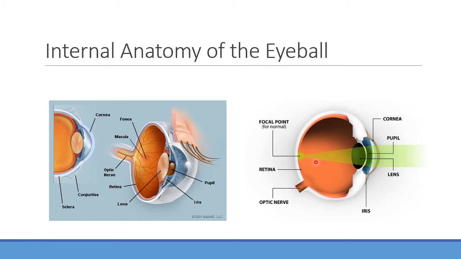And again, this is kind of normal vision here. So we're going to see how that all works. We're going to look at the rods and cones. We're going to look at the lens and how we can change that. What do you call it when you're changing the size and shape of the lens to help with the vision? Accommodation. Yeah, we're going to talk about accommodation, pupillary constriction, all the good stuff. We're going to get into details on that coming up here.